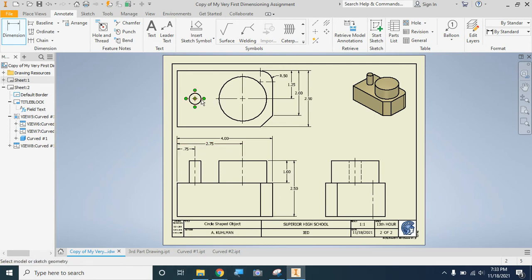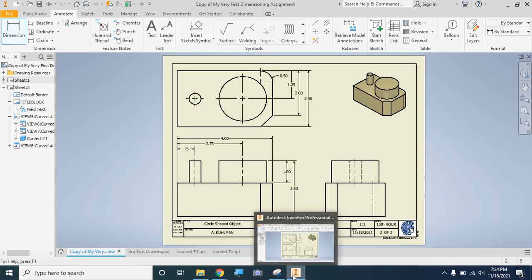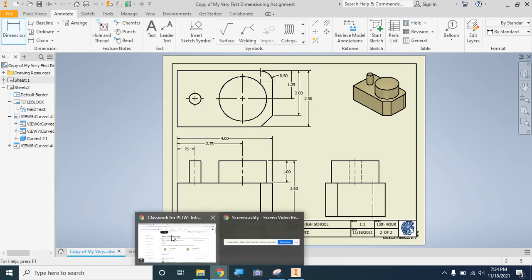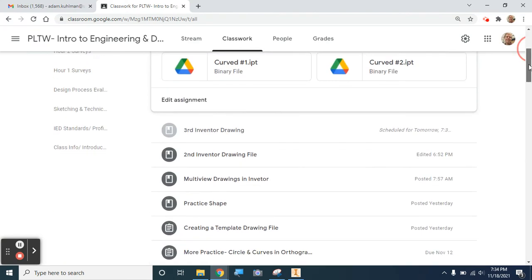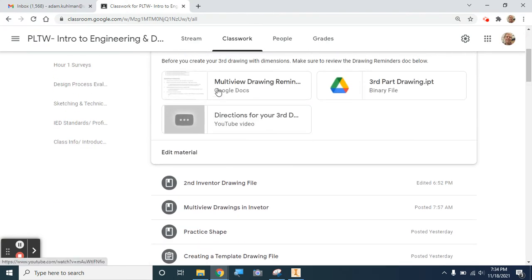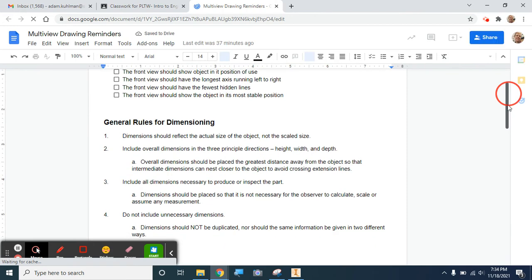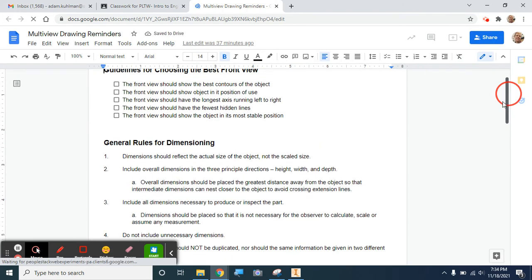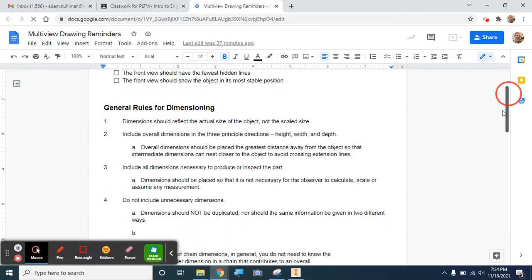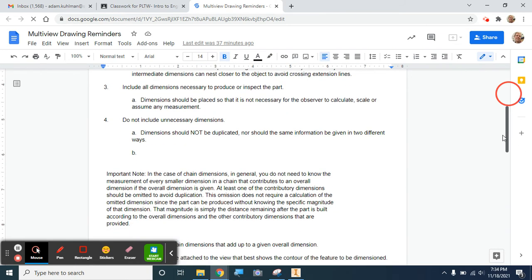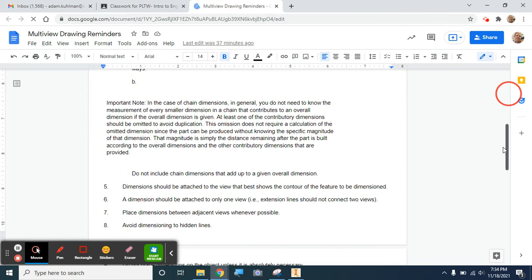And so I'm going to go check my rules because I know I've got a cylinder here and I always forget if I'm supposed to dimension it where it looks like a circle or where it looks like a cylinder. So I'm going to go back to my project lead the way page, and in that last assignment we had our multi-view drawing reminders. Remember, there were some rules for dimensioning and guidelines for the best front view. So I'm just scrolling through here, looking for cylinders. Dimensions should be